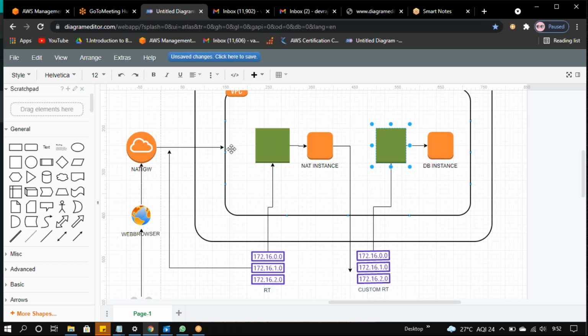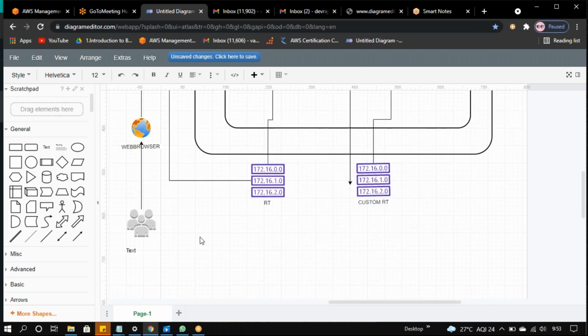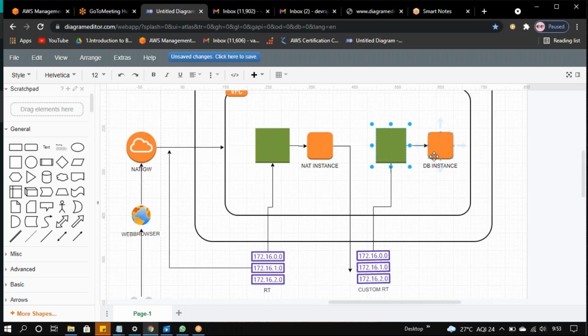So for this VPC I need to forward this packet to the attached routing table. Then it will look into which route table is attached for this VPC, and forward to that route table, which looks at which subnet is attached, the association of IPs. It will forward that packet to the subnet, and it will reach this NAT instance, up to here only. Why? Because your end user is accessing only the application, not the database.